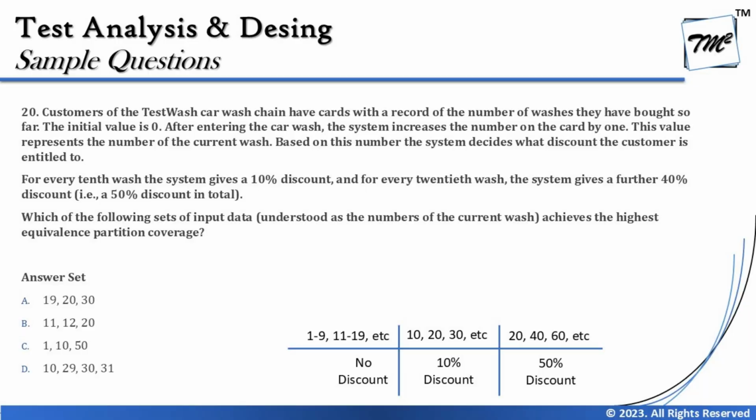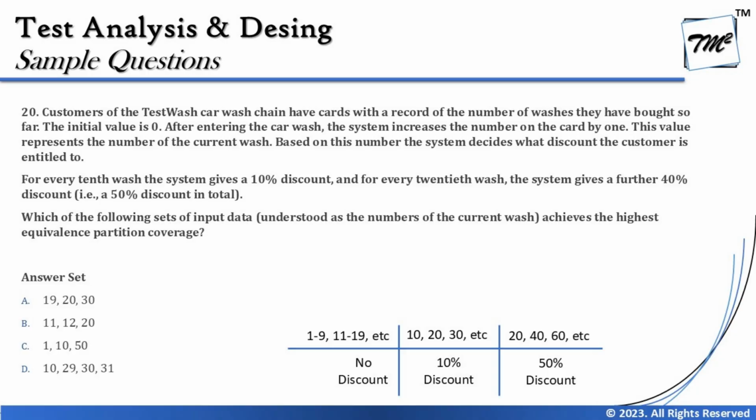So the partition would be created something like this. The first partition will have numbers between 1 to 9. Okay, it can be 0 as well, just because you got the first membership card and there's no wash taken yet. So I should say it as 0 to 9. Then 10 is skipped here because 10 has a different behavior. You will have 10% off there. So 11 to 19 has the same behavior, that is no discount. And so on, like 21 to 29, 31 to 39 will have similar behavior and be put into the first range